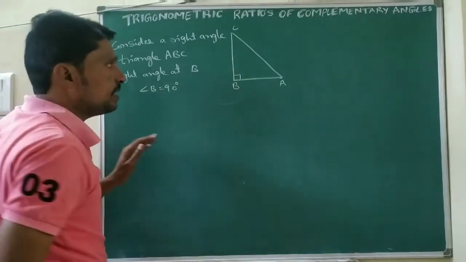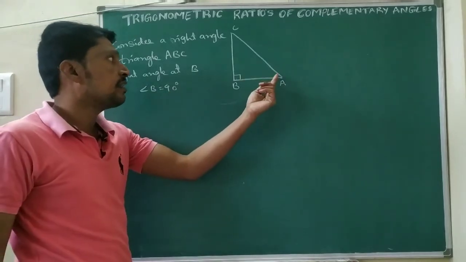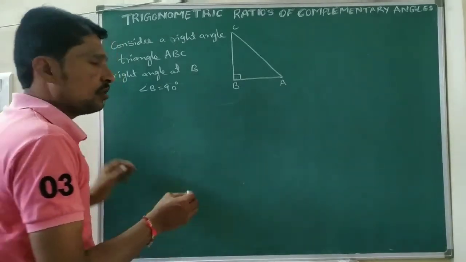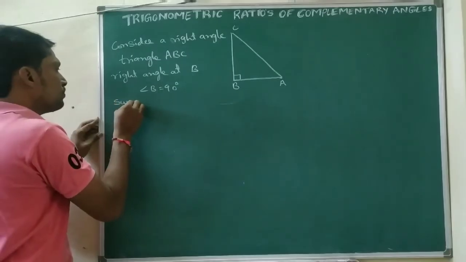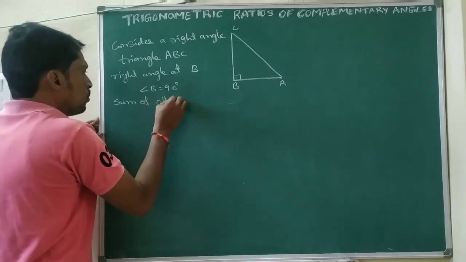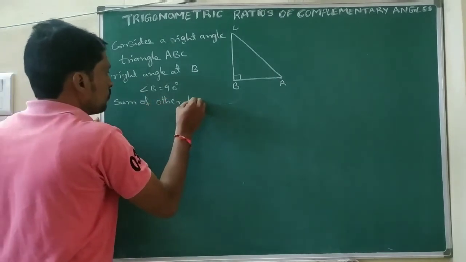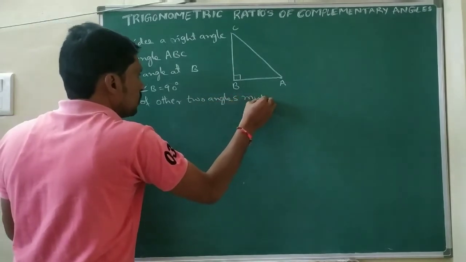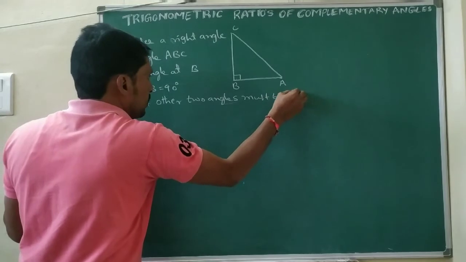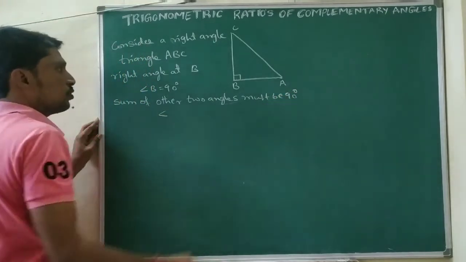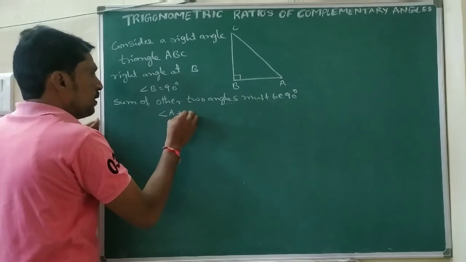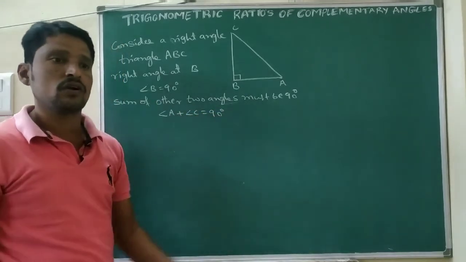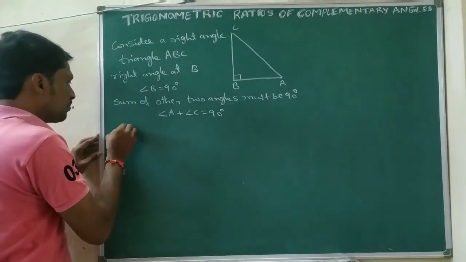So here B equal to 90 degrees means the remaining two angles, angle A and angle C, the sum of the other two angles must be 90 degrees. So angle A plus angle C equal to 90 degrees. Hence,